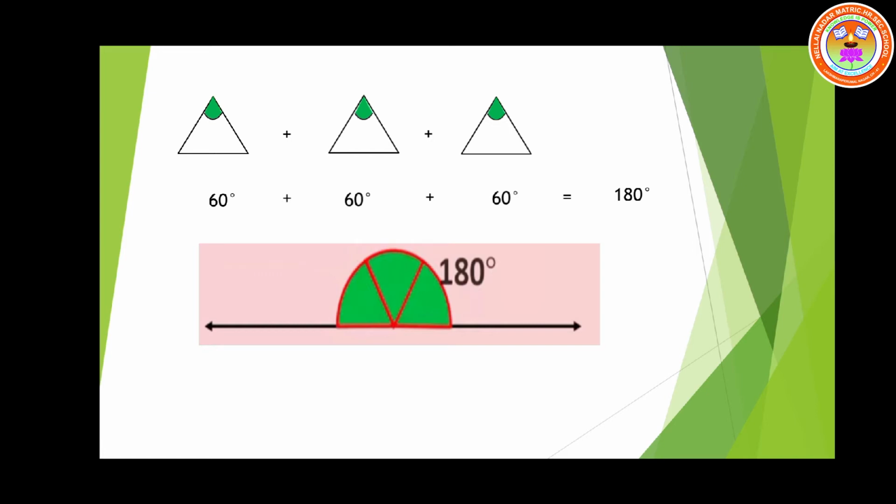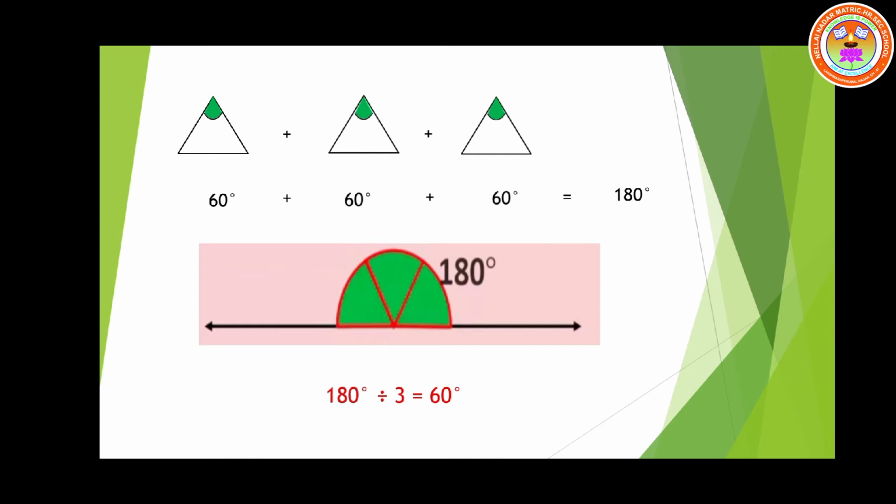What is the name of the angle that is equal to 180 degrees? Straight angle. So I have just denoted all three angles in the form of 180 degrees, because when I add all the angles in an equilateral triangle, they sum up to 180 degrees. Now if I divide this 180 by 3, because there are three angles for an equilateral triangle, what is the answer? It is 60 degrees.